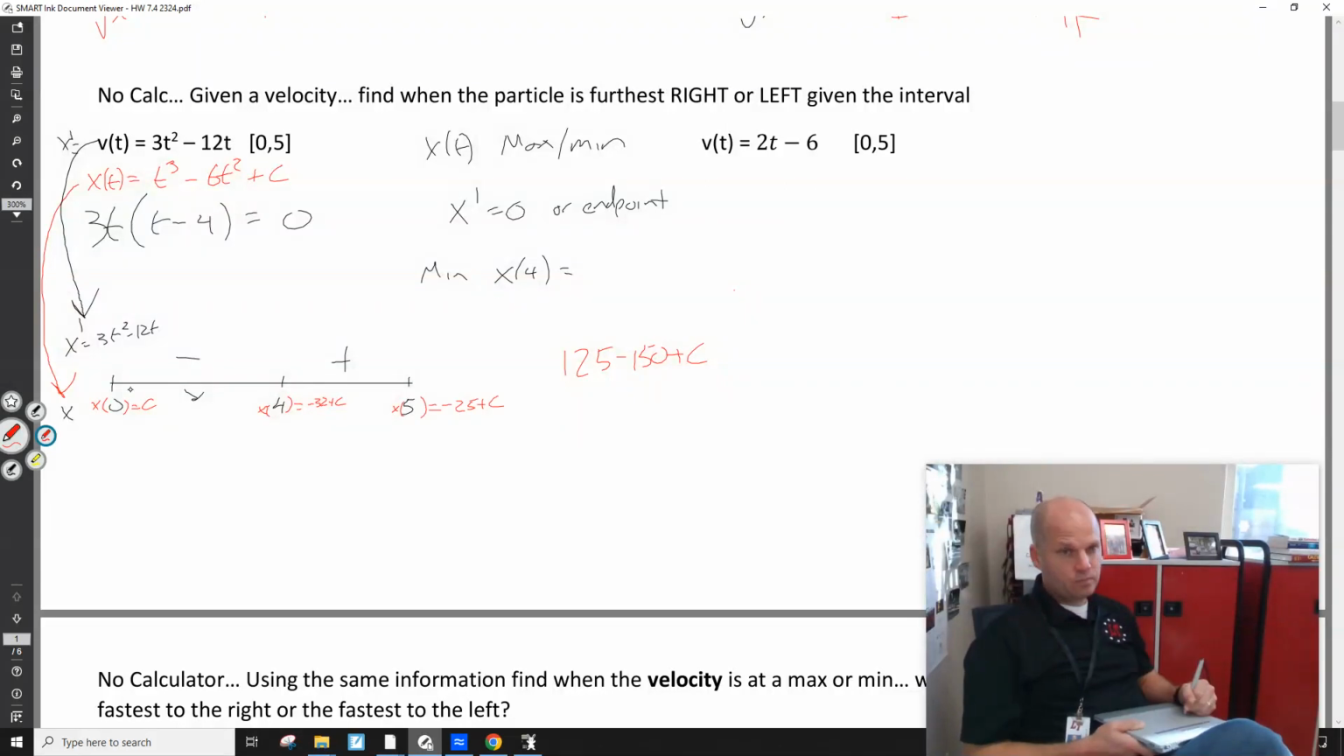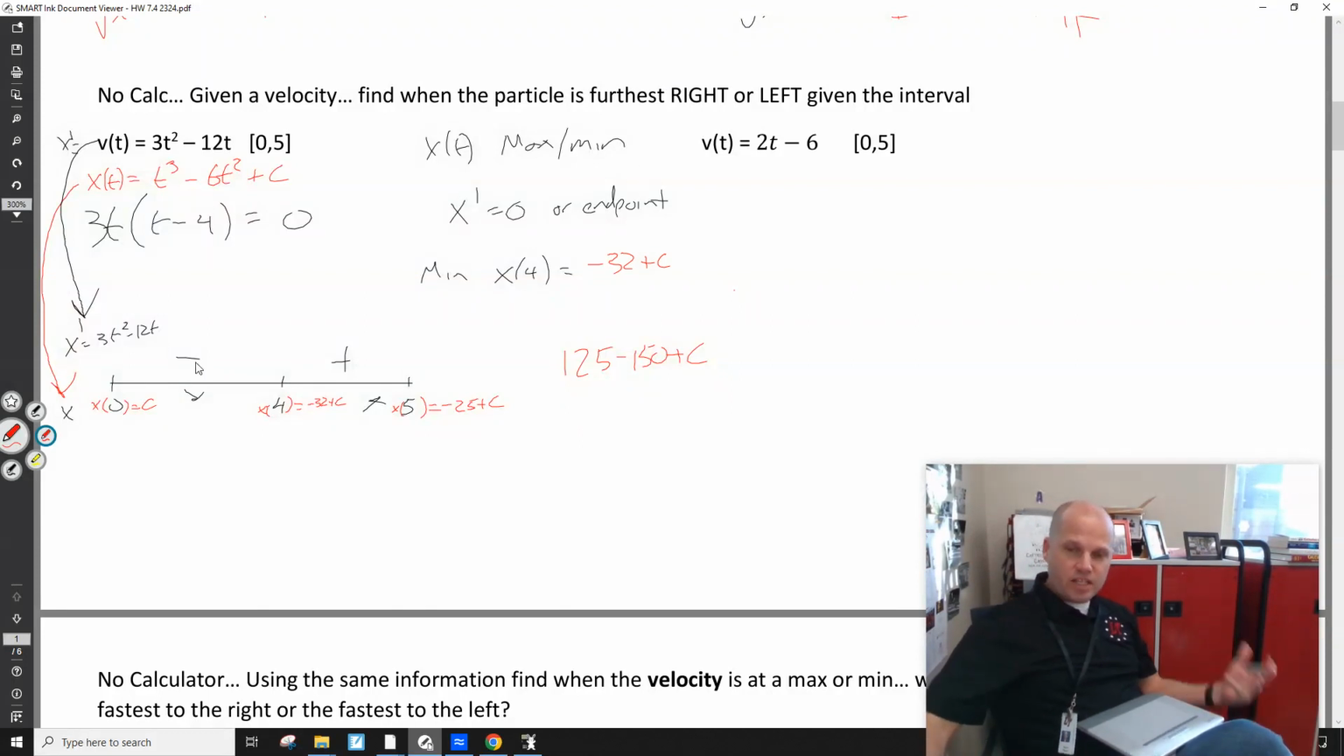Okay, great. Now, what's going to be the max? What's going to be the min? Well, we already know x of 4, which I'll just go ahead and put negative 32 plus c. That's going to be the min. Now, the justification for that is my derivative is negative from 0 to 4, then positive from 4 to 5. Now, for my justification for which one's the max, which is going to be at 0,